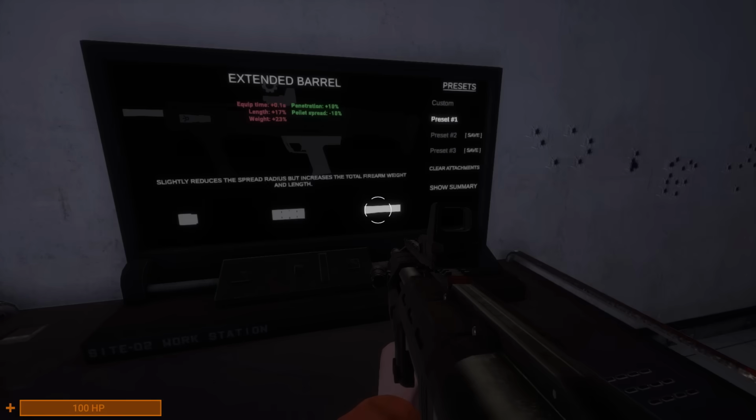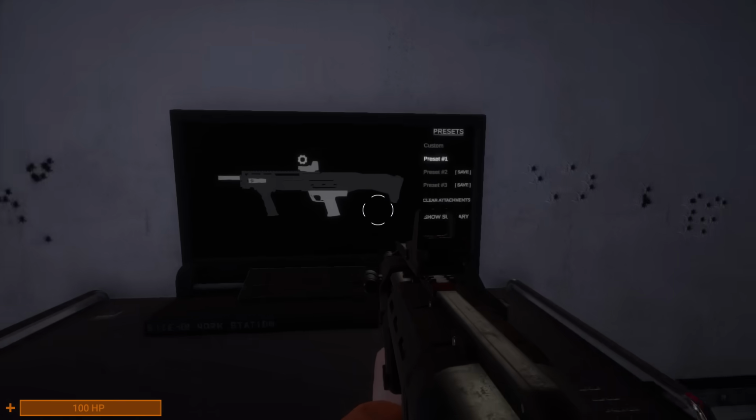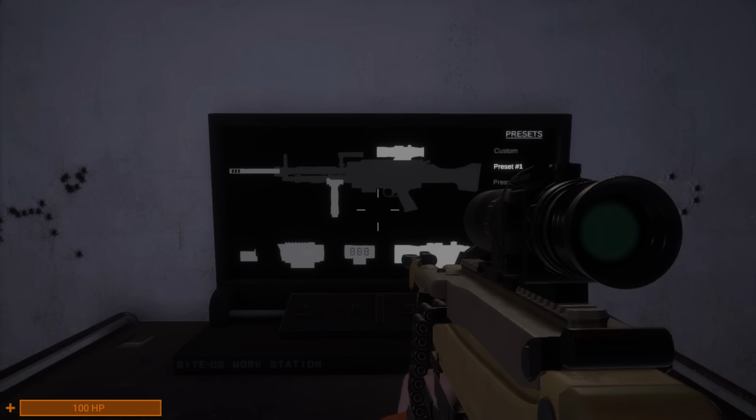Flashlight for computer, extended barrel because it reduces the pellet spread, which means better accuracy, and forget the double shot. It sucks. The Logiser, like the Captain's Gun, is only good for...